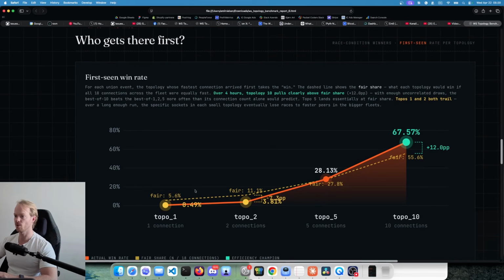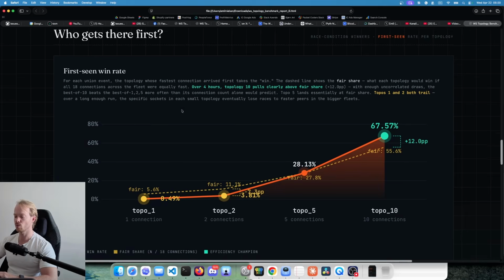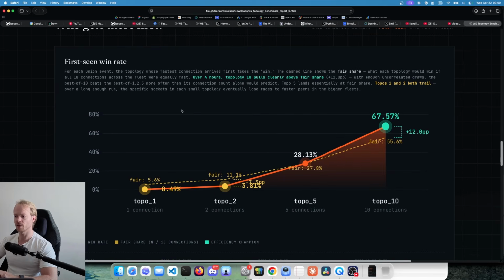And then another one here is the first seen win rate. So basically what this graph shows is, depending on how many connections you have, which of these connections sees the event first. So this ties in with the latency, and it also measures the fair share of these connections and how much it pulls above the fair share. So you have, for example, 1 connection here. The fair share of first seen events, out of all the events we had, that one connection should have seen is 5.6%. In our test, it actually only got